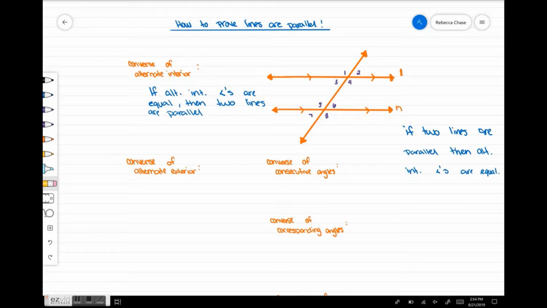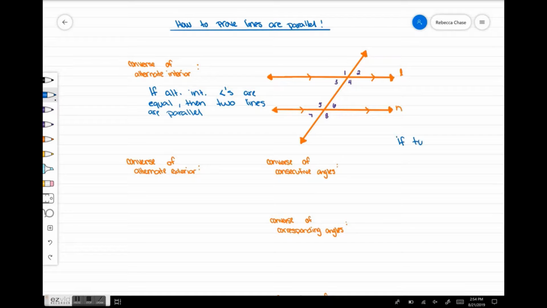Okay, so I'm going to erase this original one over here. So what we're doing is we're taking that original statement and we're flipping it. That way we can use that to prove that two lines are parallel, because it's not always going to tell us. All right, so alternate exterior, our original was